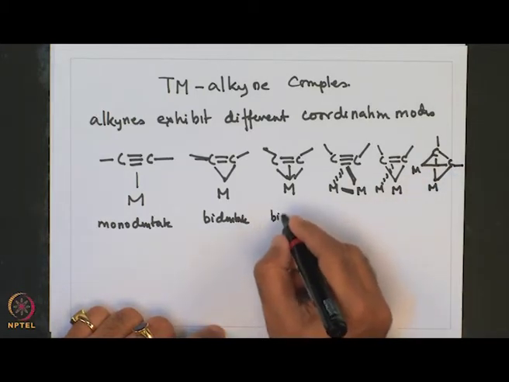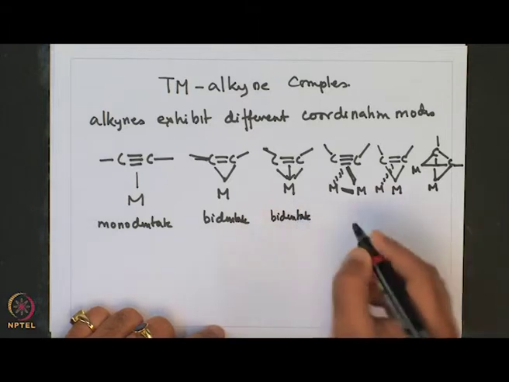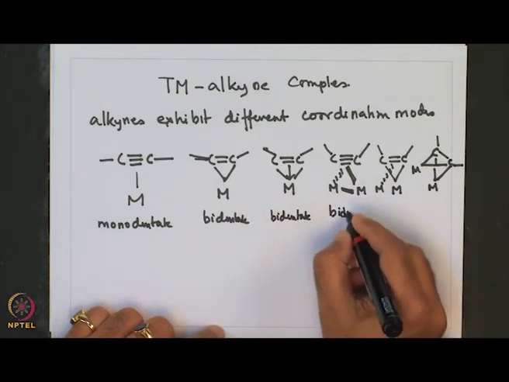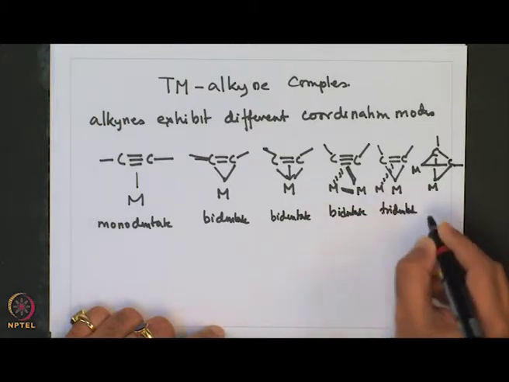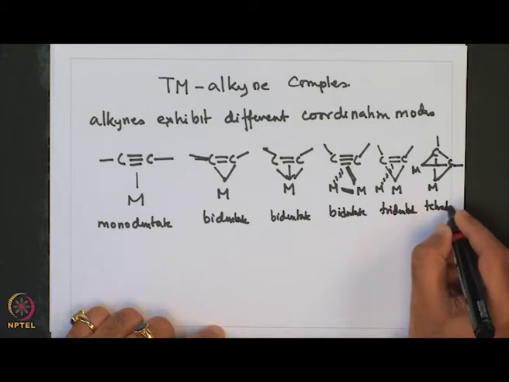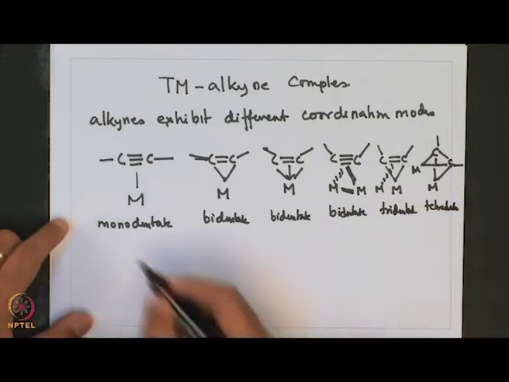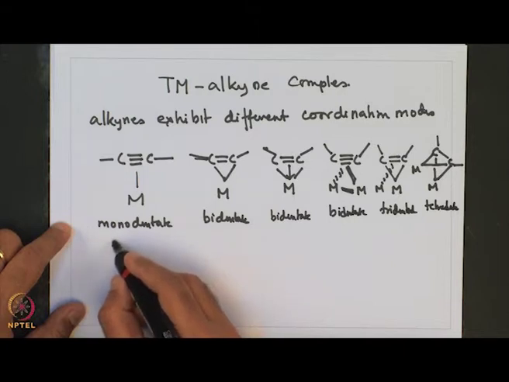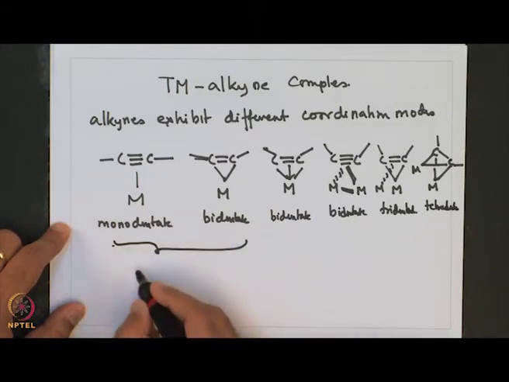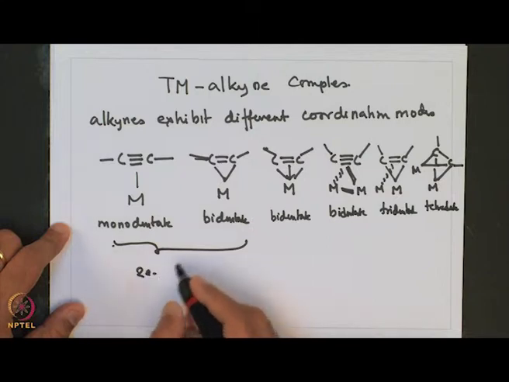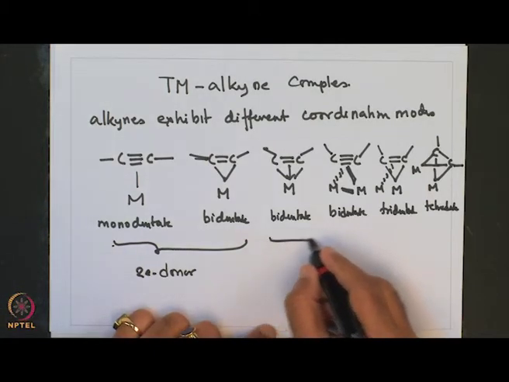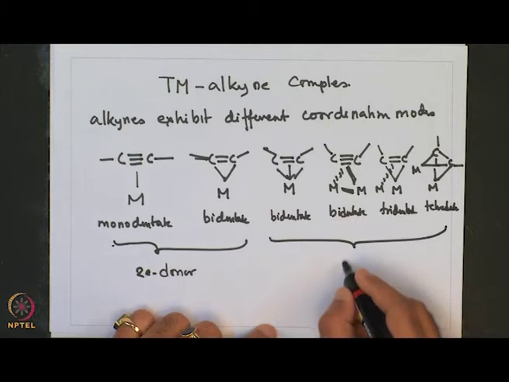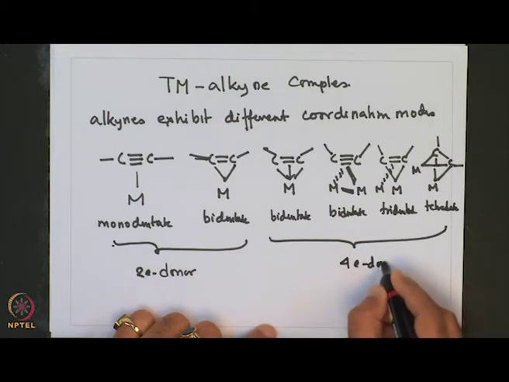So, this is bidentate, again bidentate, tridentate and tetradentate, of which these two are simple 2 electron donors and these are 4 electron donors,